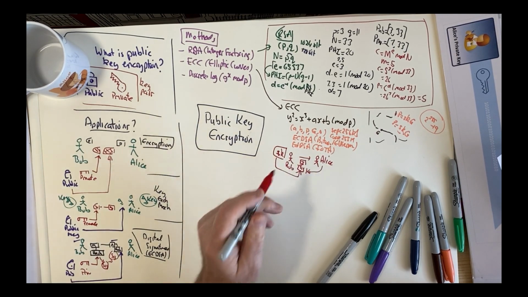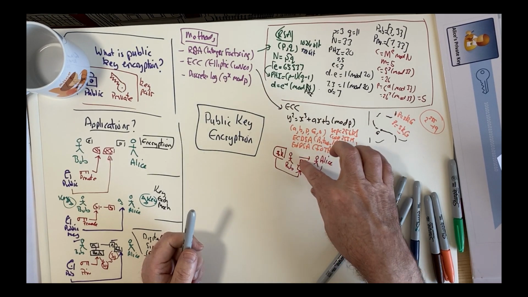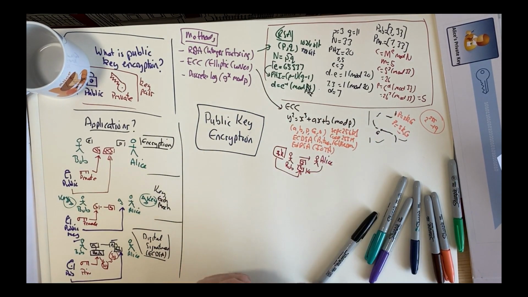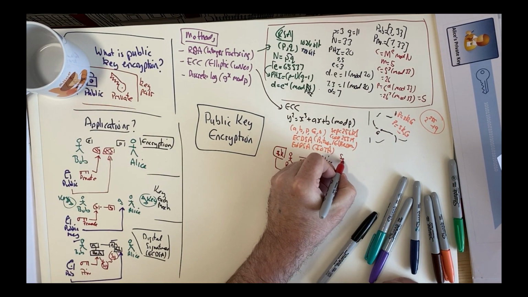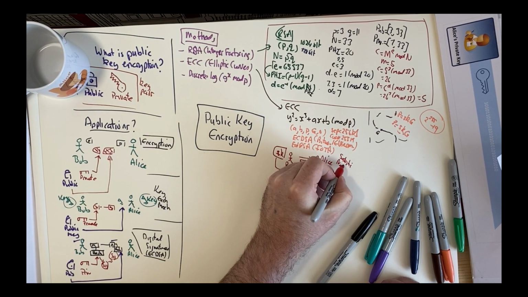Alice automatically can check, or anyone can check the signature to see that it was Bob that actually signed the transaction. And this was what Satoshi Nakamoto